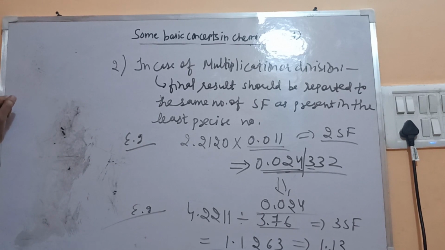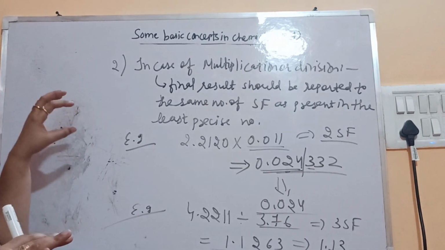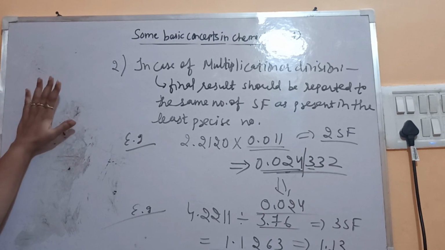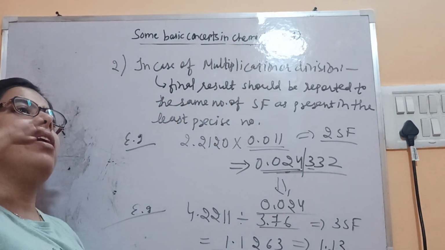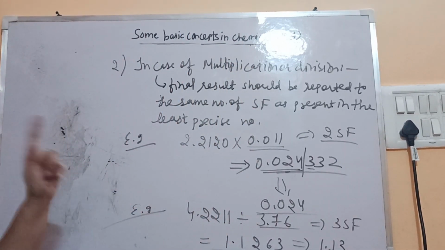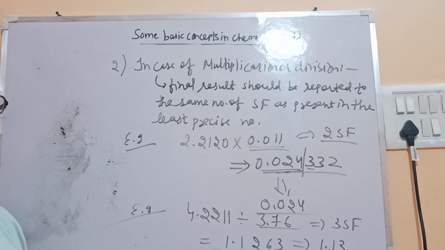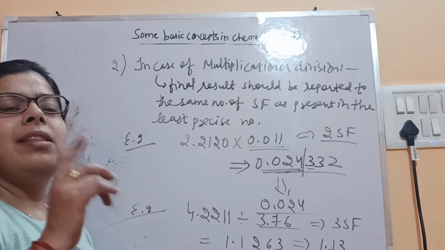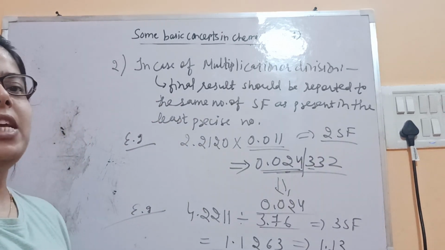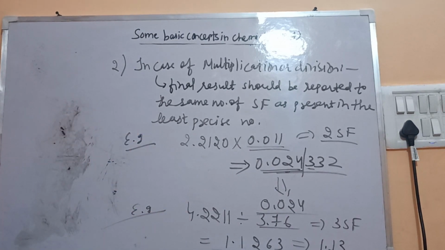Now in chemistry, whenever you get involved in any calculation, not only in this chapter, you have to keep the significant figure concept in your mind and report the result accordingly. If your answer is coming 0.22222, you don't keep on writing it. You have to see which is the least precise number. In case of addition and subtraction, you report to the decimal places present in the least precise number. In case of division and multiplication, you report the answer in the least number of significant figures as present in the least precise number. Division, multiplication, significant figures. Addition, subtraction, decimal places. You all have to keep this in mind.